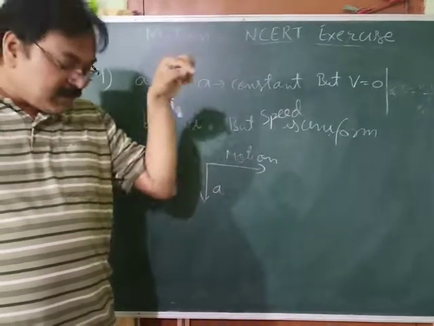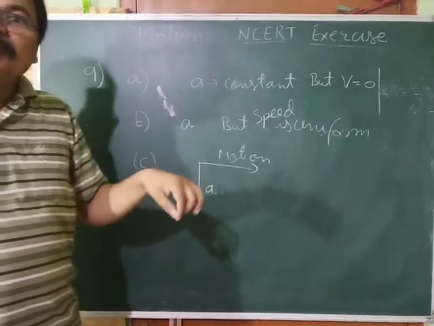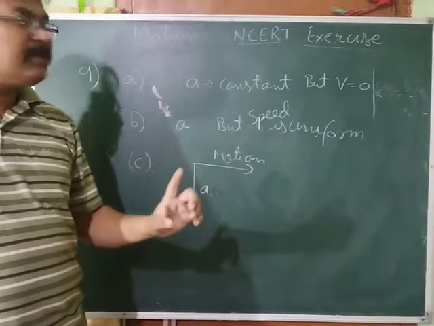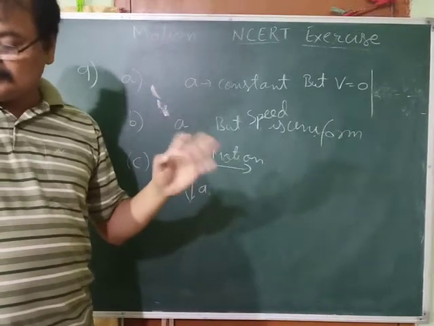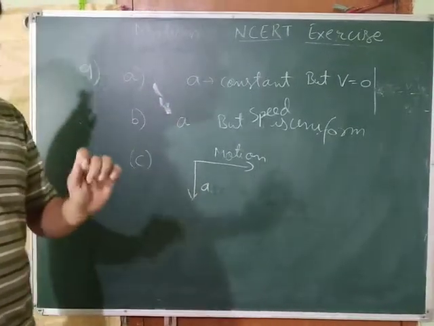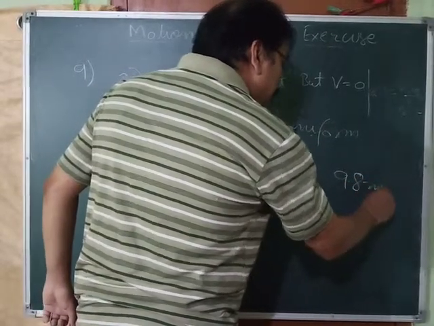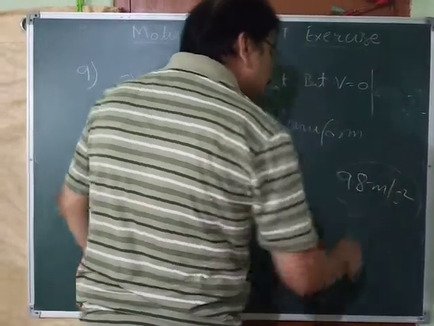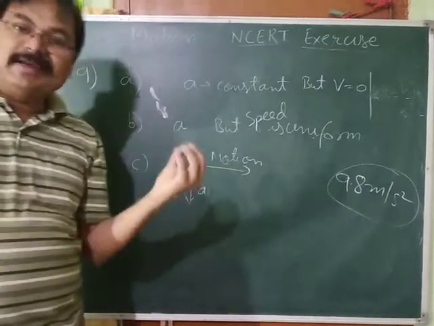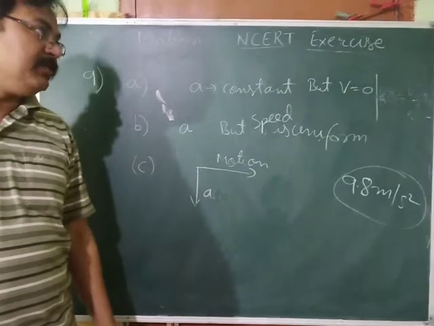But still, its acceleration is downward, no? That's why it is falling. Why is this acceleration downward? Because the Earth is pulling it downward, okay. And that acceleration is how much? Approximately, you can take 10 meter per second square. Actually, we call it exactly 9.8 meter per second square. This acceleration is there due to the pull of the Earth, okay. So acceleration is there in the body, but still the body has 0 velocity, okay.